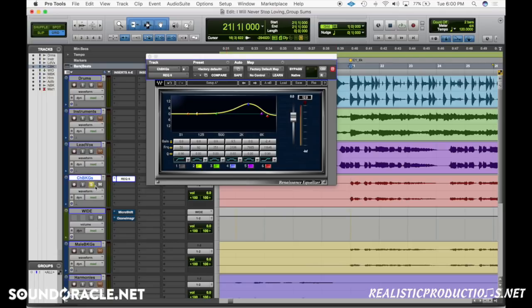So let's check that out. You know, it kind of really shifts it, which kind of tricks the mind into thinking that it's stereo,